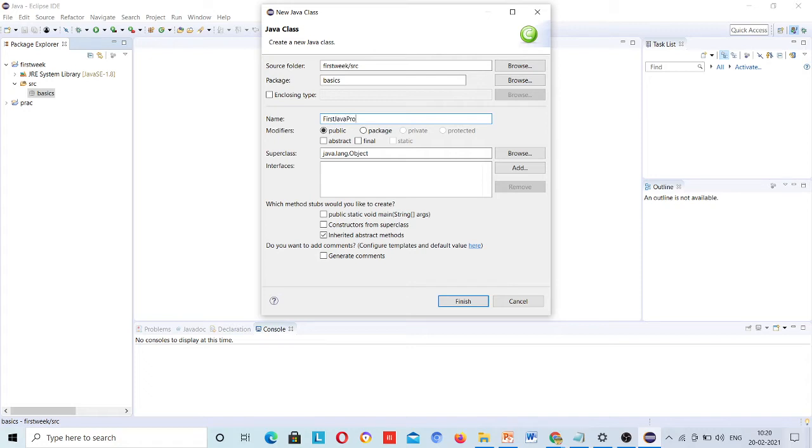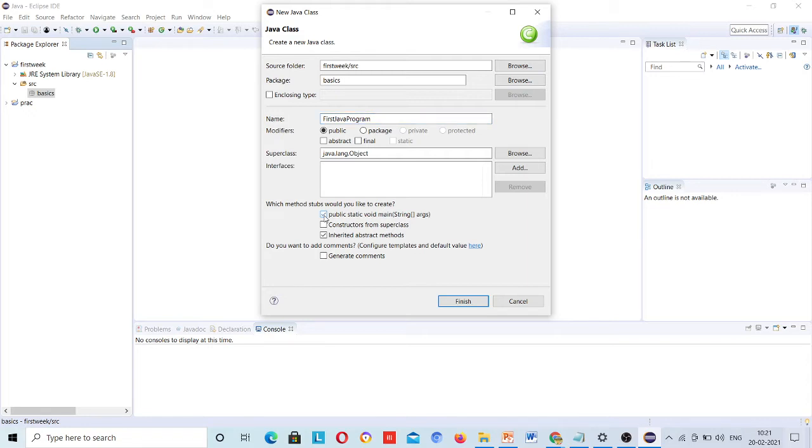Now I will again go over there and quickly create the FirstJavaProgram. I will click on this main method. Before that, I will tell you, it doesn't matter which programming language you are working in. In every programming language, the program execution starts from the main method only. So the first line of code will run from the main method, so just run your program and execution will start from the main method.